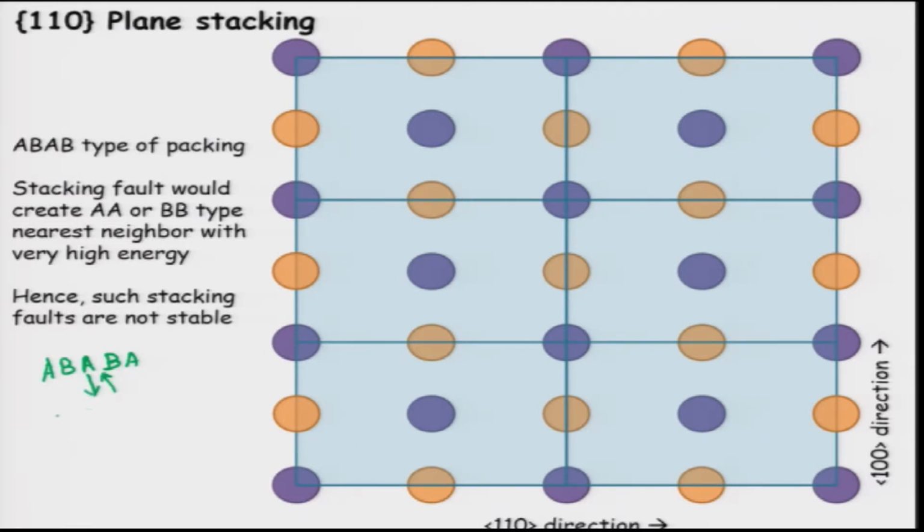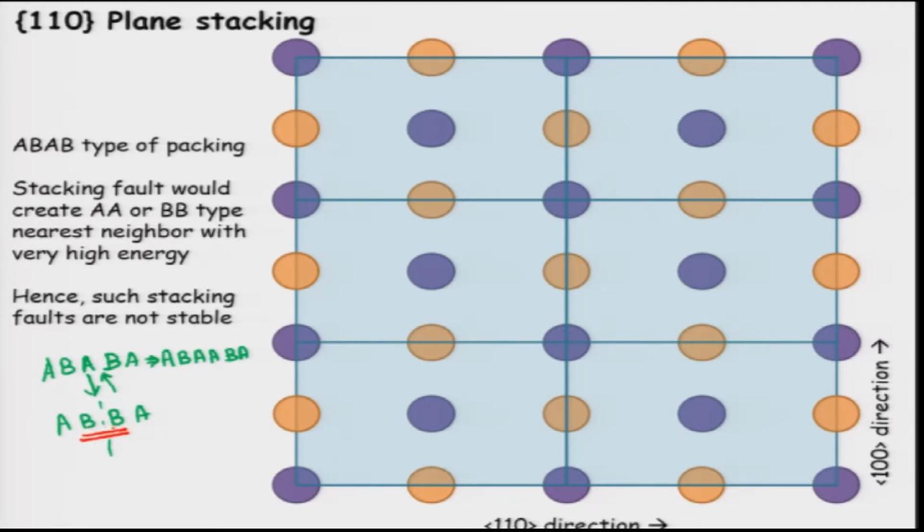So, if I take away this, what I get is A, B, B, A. Now, what do you see over here? Or the other possibility, which is A, B, A, and let us insert A, because we have already seen B, B. So, this is A, B, A, B, B, A. This is one of the two possible ways to get a stacking fault here, and what we see here is two similar layers coming close to each other, not just next to each other.